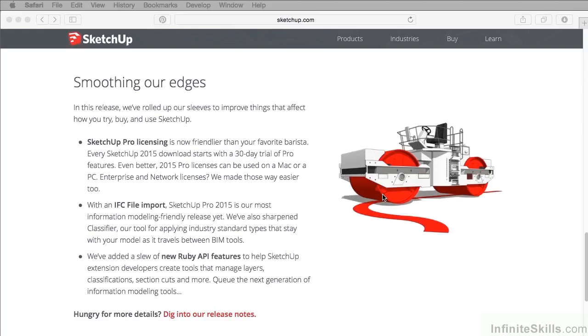One other important thing to mention about SketchUp 2015, particularly with SketchUp Pro, is in previous versions, your license had to be separate if it was a Mac or a PC. So if you worked on both operating systems, you'd need a separate license for both operating systems. Now, the licensing is all streamlined. So if you have a Mac and a PC, you only need one license, and you can put that license